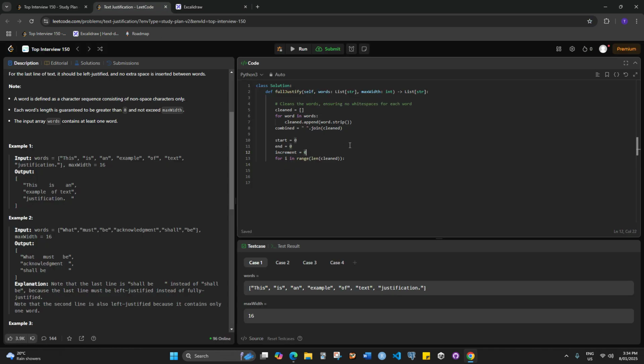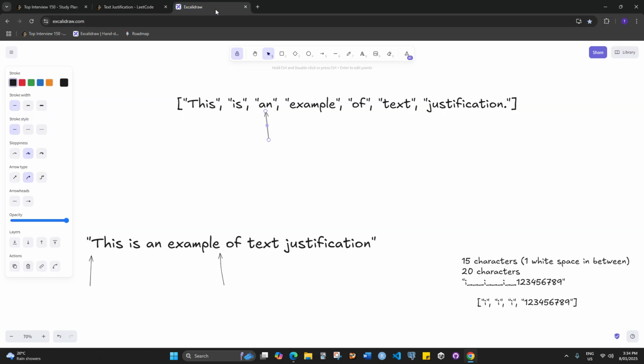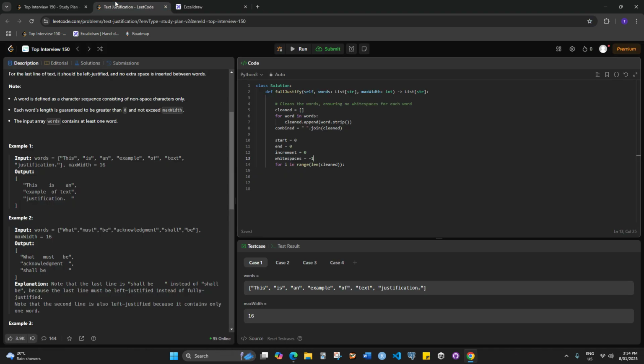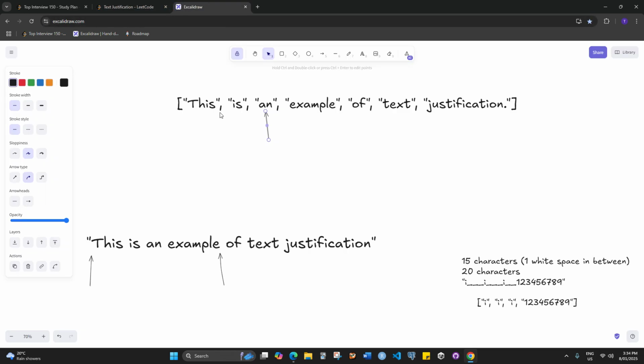So we start off with, we'll start off at -1 for the white spaces to make it a bit easier. So we would first increment through the words, so 4, 6, 8, 9, 10, and then